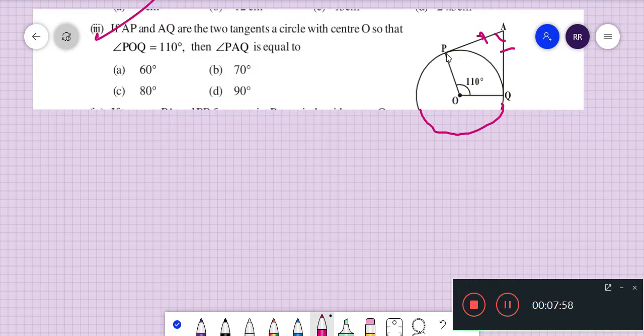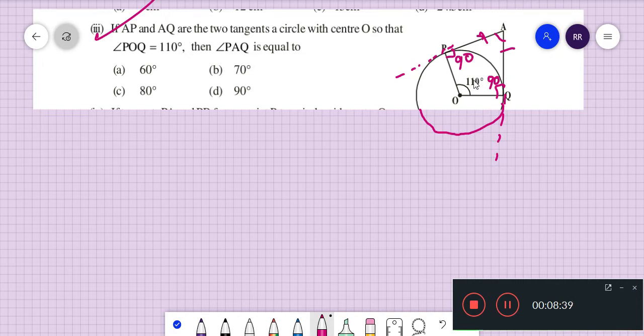Before this, we have discussed that the tangent is perpendicular to the radius. So there will be 90 degrees. Okay, children. So this is the radius, this is the tangent. The tangent is always perpendicular to the radius. So here also 90 degrees. Okay, children. Suppose you get a doubt here: the tangent is this line, but the length of the tangent is from here to here. That's all. So here also the same thing. Is it clear? Okay. Next.